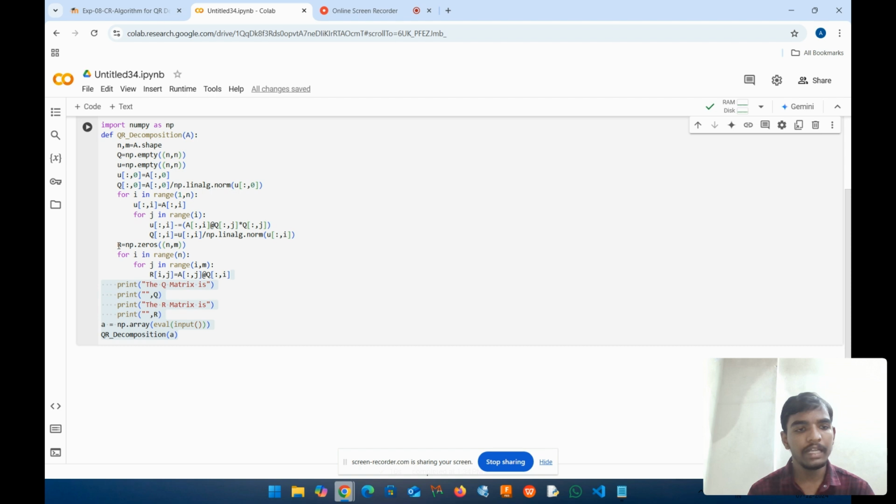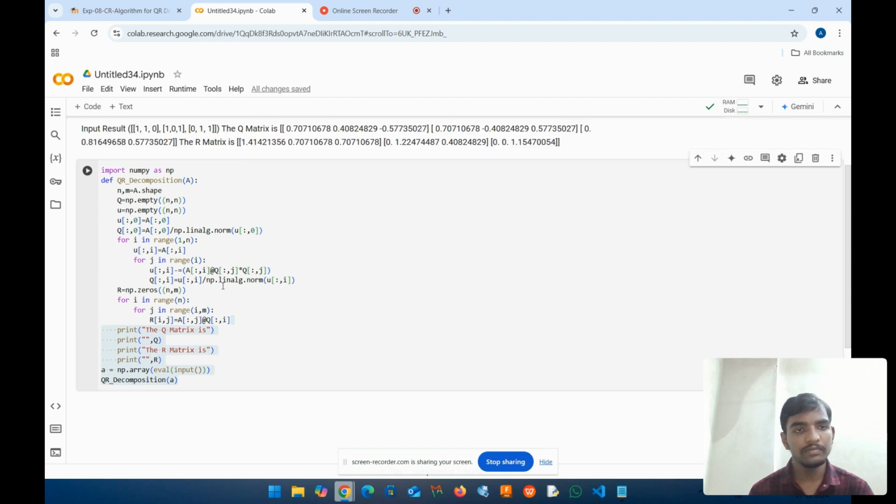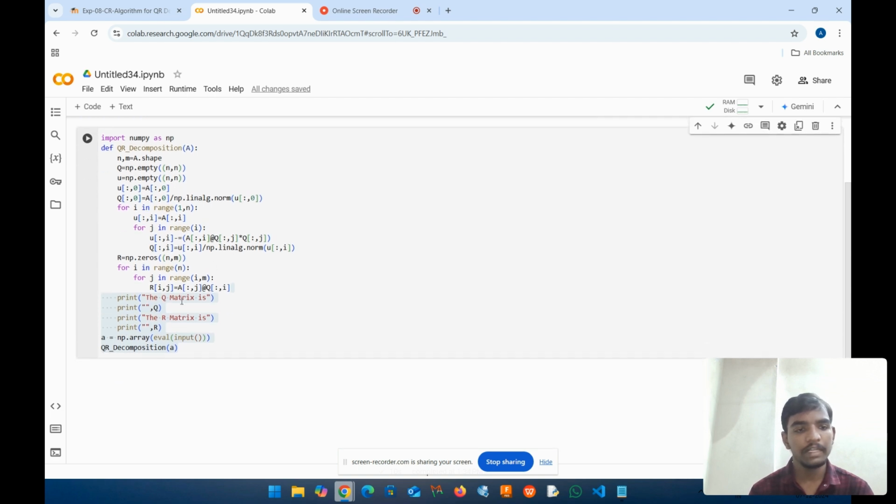Next, I create another variable named R, and I am creating a zero matrix. Why am I creating a zero matrix? Because R is an upper triangular matrix. So we have to create an upper triangular matrix in this format. I have to run a loop for i in range of n, the number of rows, and j in range of